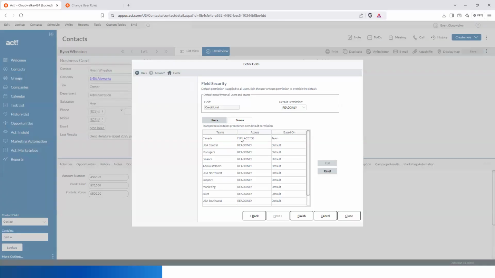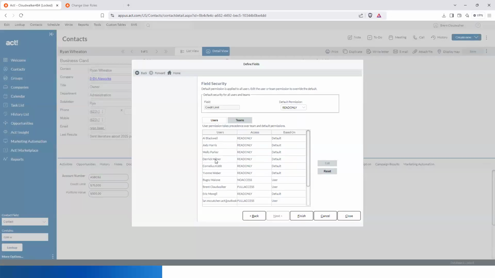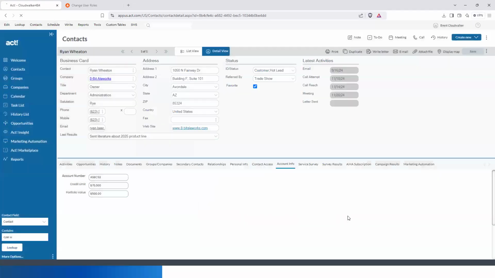But let's say that there are a couple of users that I don't even want to have any access to it. Let's say that Bugsy is one of my users that I've logged in as before. I'll change to the users area and I will locate Bugsy. He currently has read only, but I'm going to edit that to say I want Bugsy to have no access. And so we'll be able to see what this looks like. Now I'll click OK to accept this and verify again that Bugsy has no access. And now I'll click finish and I'll click close. This will unlock my database so that now I can log in as other people in the system to test this out.